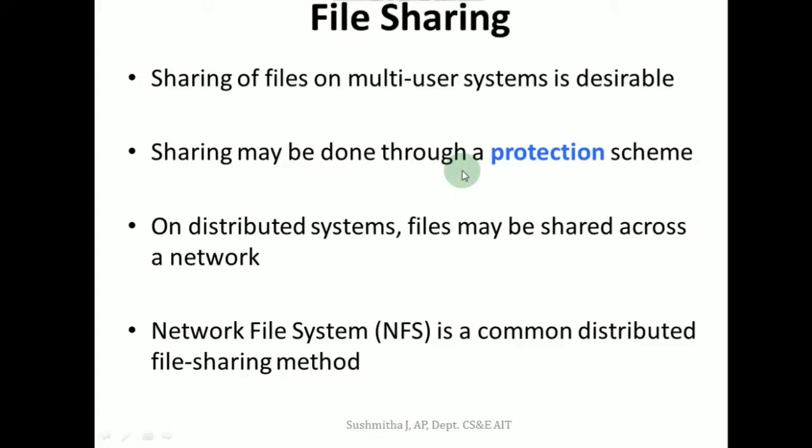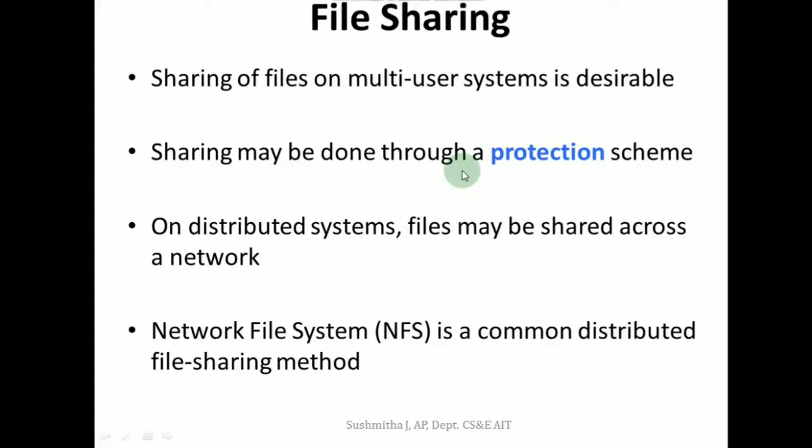When there are multiple users available, that is when file sharing is required. But when file sharing is done, we must make sure that some protection scheme is available to protect the files, and the sharing must happen in an authenticated manner.